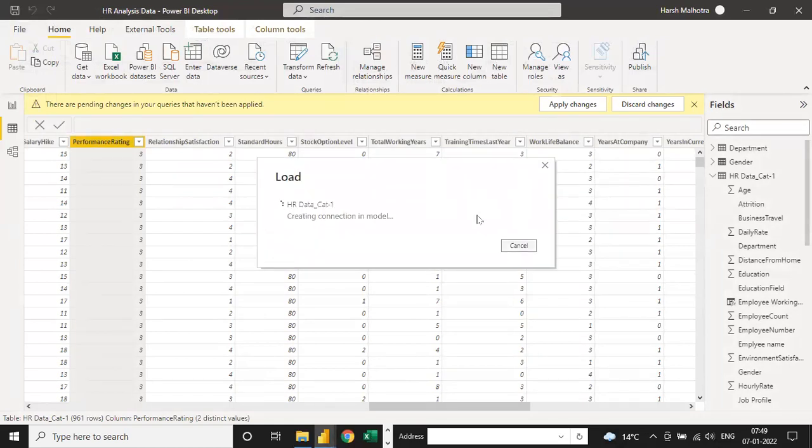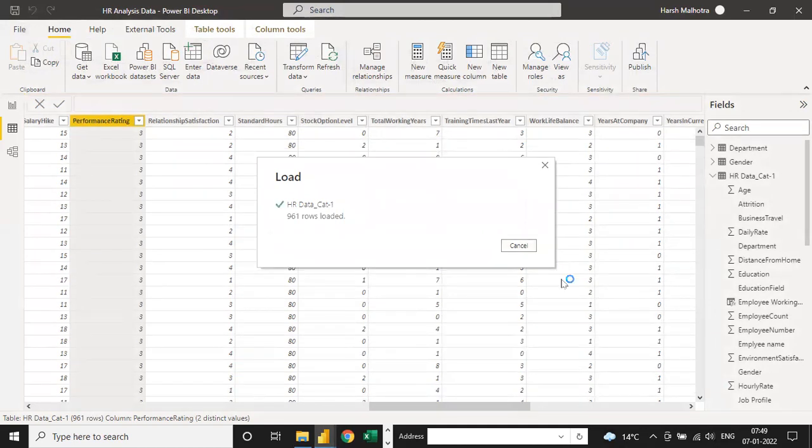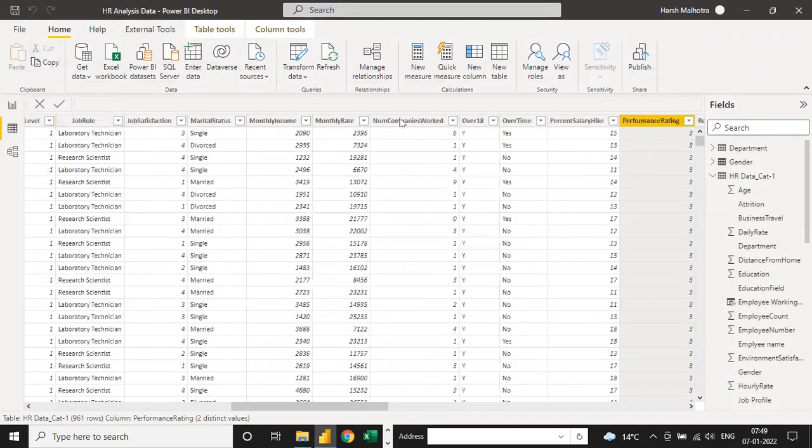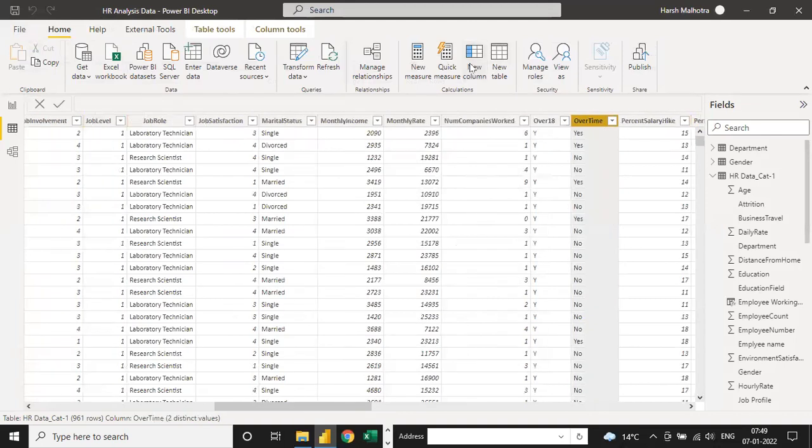So now I'm going to use another function level, like the DAX function. How to use the DAX function for any condition, right? So now it's done in the background. Now we are working with another question. The name is satisfaction level, job satisfaction, this one. Okay, so I'm going to click here, a new column here, select new column, and I'm